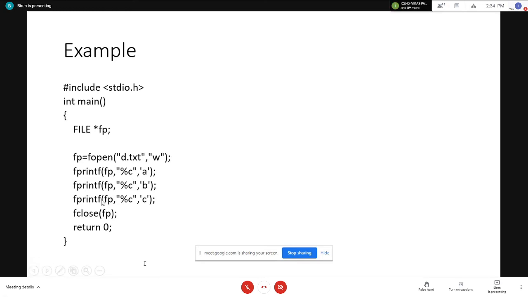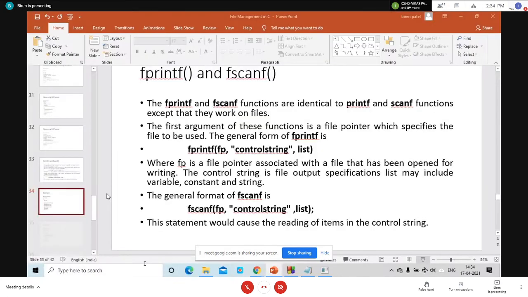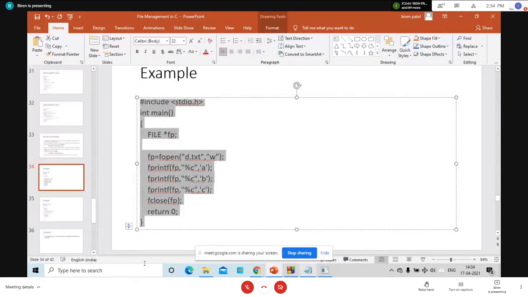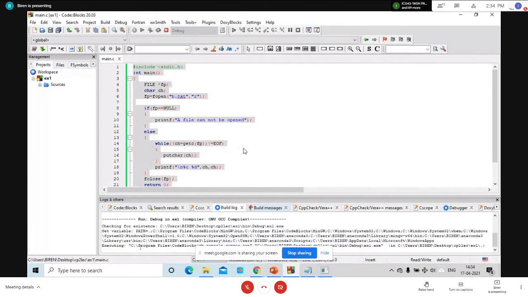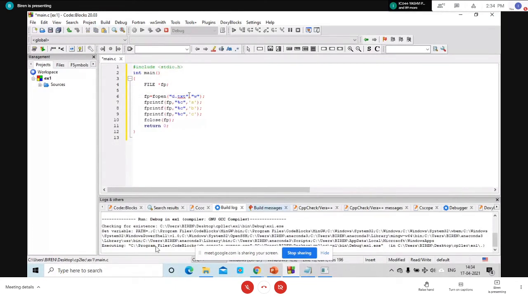For example, suppose d.txt is there. I'm going to use fp as a file pointer. With the help of the fopen function, I'm going to open d.txt in write mode. You need to open the file in write mode because you are going to use the fprintf function. If you are using fscanf, then you need to open the file in read mode.